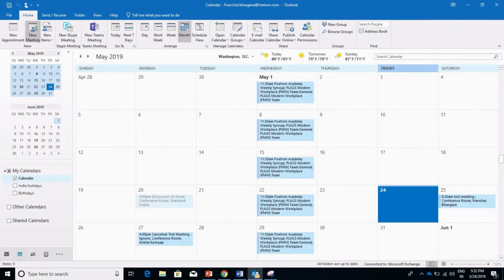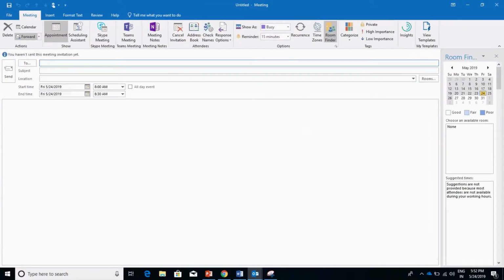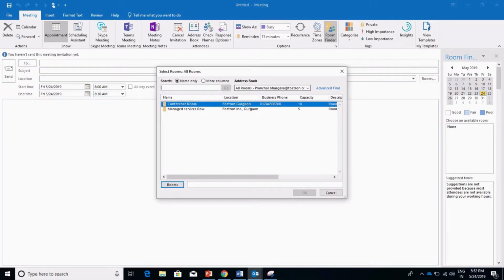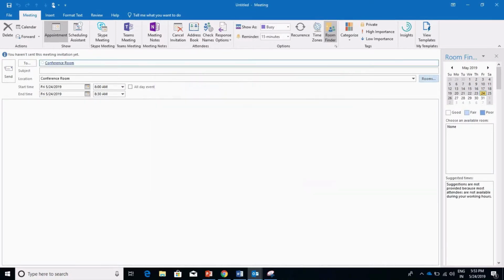Then when the calendar tab opens, here in the new meetings tab we click, and as you can see a new window is open. So here in location, first of all you can browse for rooms. So I have two places available in my office as of now, which is the managed service room where I sit, and there's the conference room. So I want to book a conference room for the meeting I want to have. So I click on the conference room, okay, and then subject like test meeting,